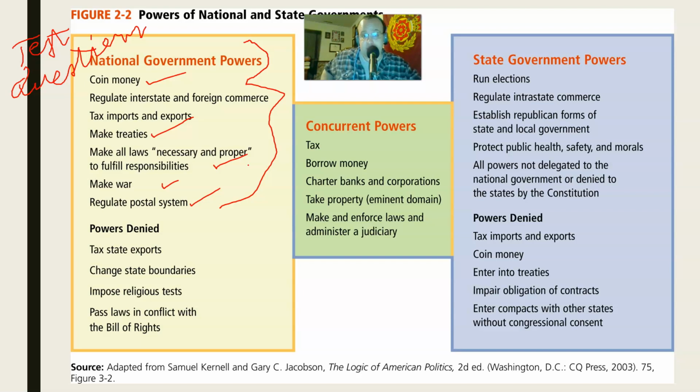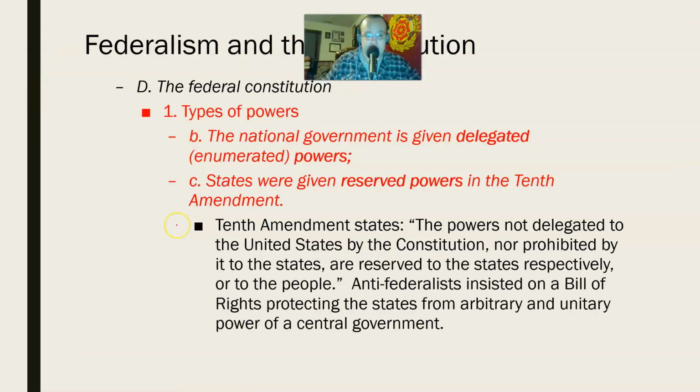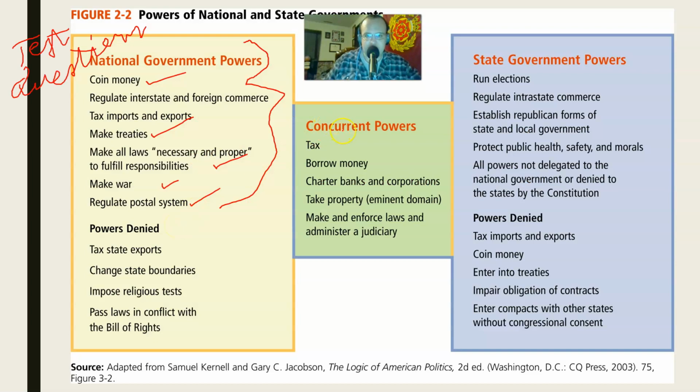Some of these are concurrent powers. And I believe I adjusted it so that you could see what you said on the pretests now. If you got it wrong, you got the question wrong. There were two that asked, what is a power of the state government? What is a power of the federal government? They're asking for delegated and enumerated powers. So if you said tax, you would have gotten that question wrong.